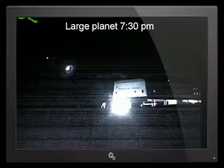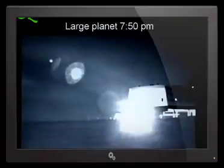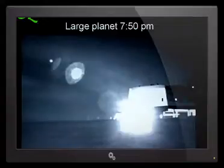This is in the PM. 7:50 PM. Still we see a similar, but if you look closely at the bright light, the bulge that you can see before is now moved out, and it's a very, very large planet. Unmistakable. I thought at one stage there it might have been that the engineers had rolled out a very large floodlight to blind the camera and keep the camera running, but I dismissed that after a while when I realised that the light is actually being bent from around the horizon, and it's a phenomenon that just lines up with